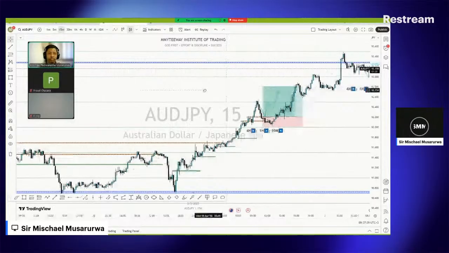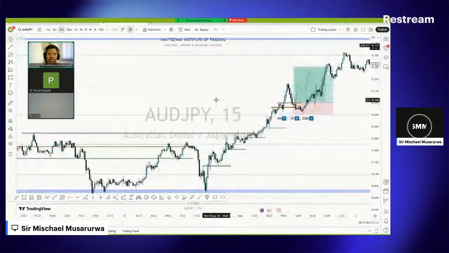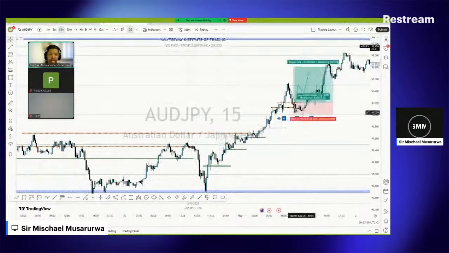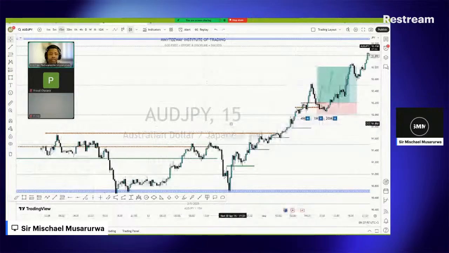So now we are moving on to the analysis for yesterday. The trades we had yesterday. This trade needed a bit of patience. This trade was painful. We had everything